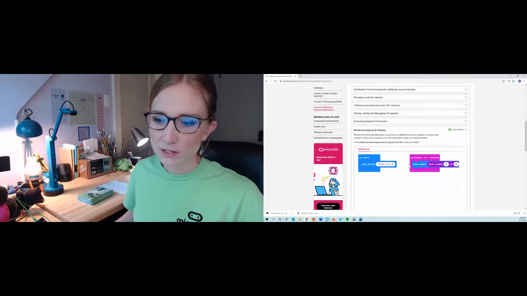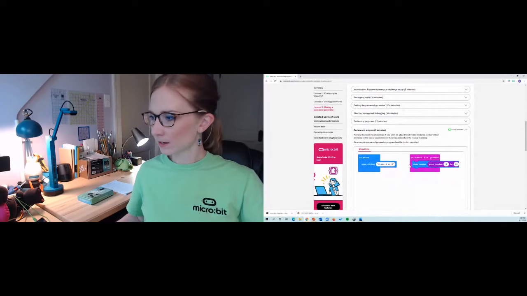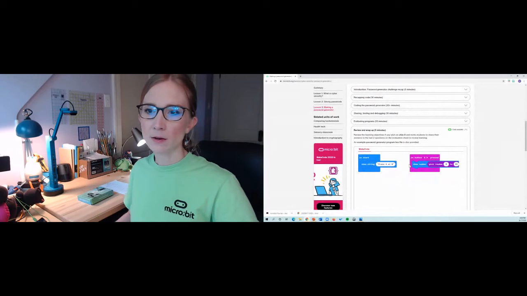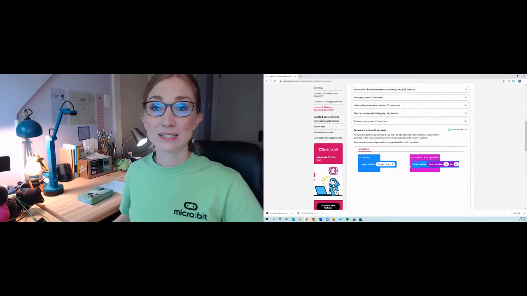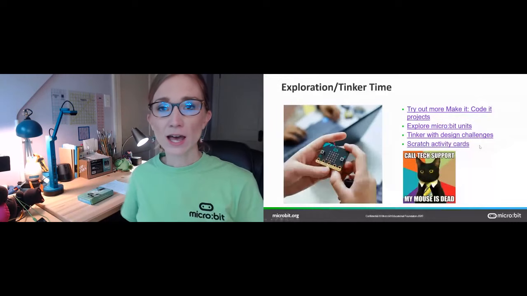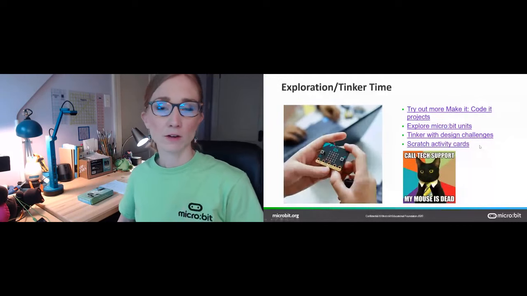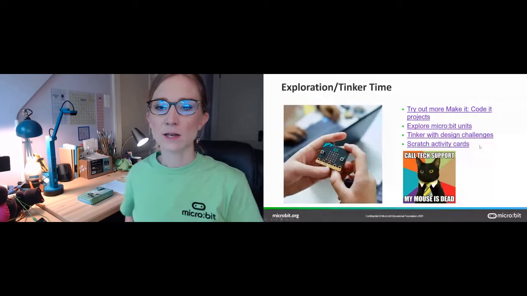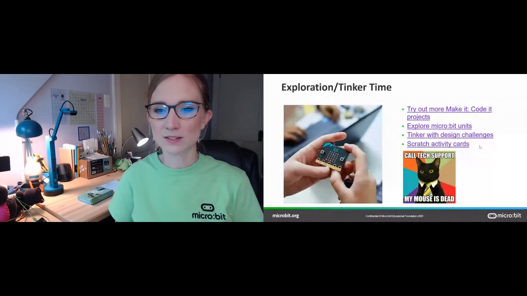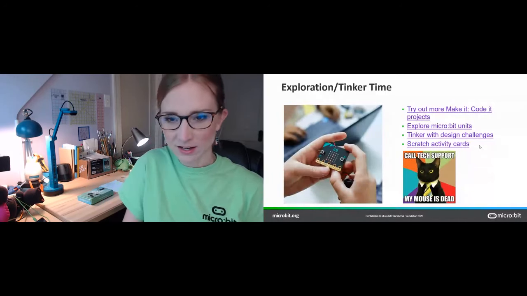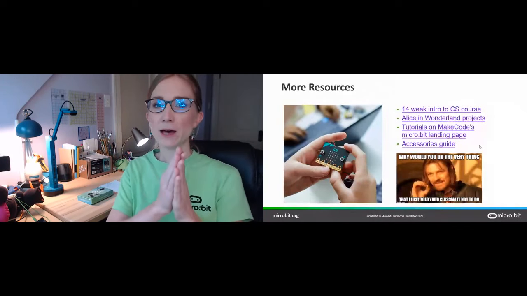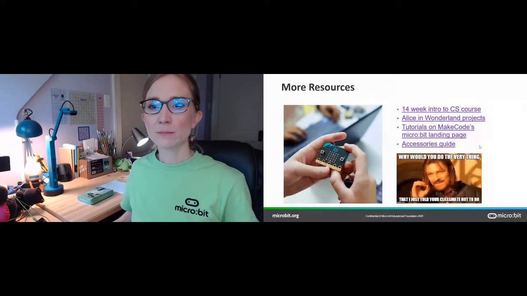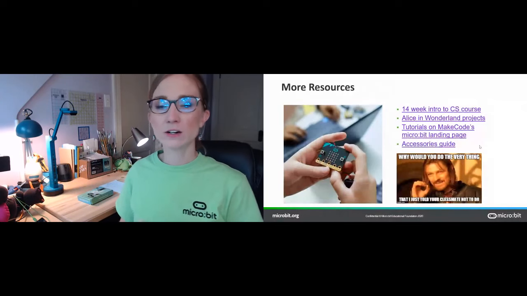A few other things you might want to try in the exploration time we're getting ready to start would be some other MakeCode projects. You could tinker with some of the design challenges that we offer. And if you're teaching with Scratch, especially in 5th and 6th grade, for the STEAM teachers and CS teachers, there are some incredible activity cards that you might want to print off for your students and have for stations or small groups. If you have a multi-week course with the microbit, please check out this free 14-week Introduction to Computer